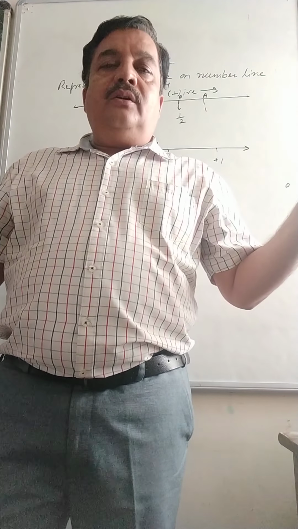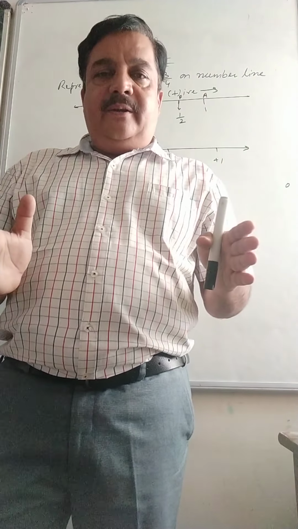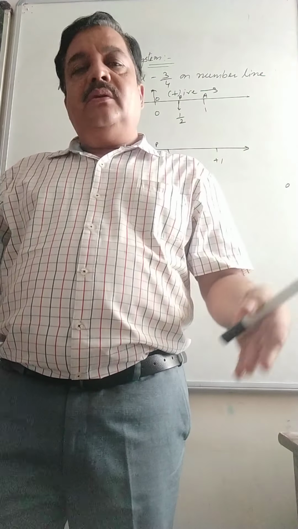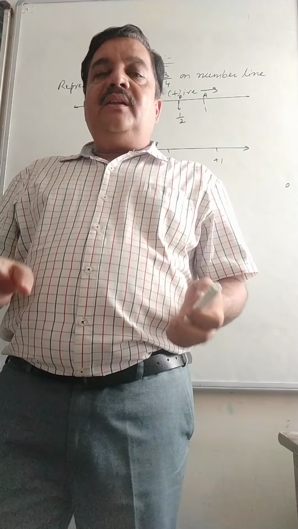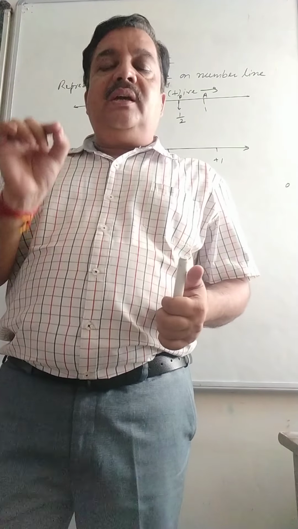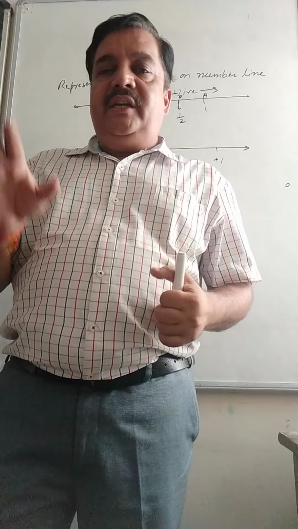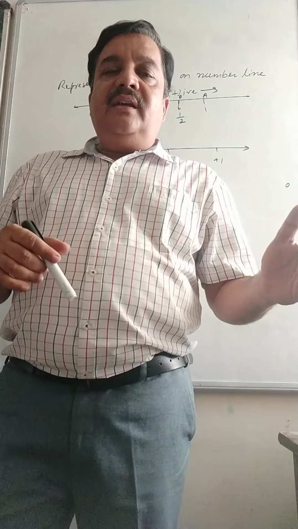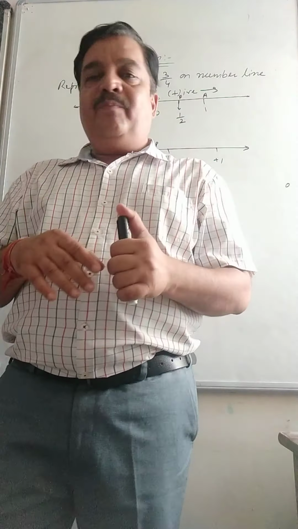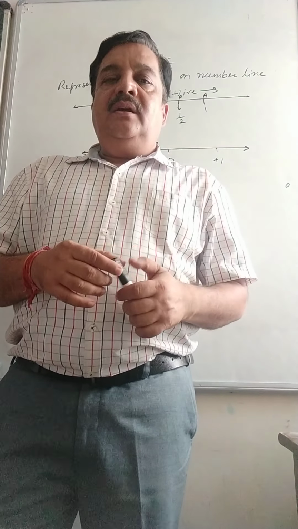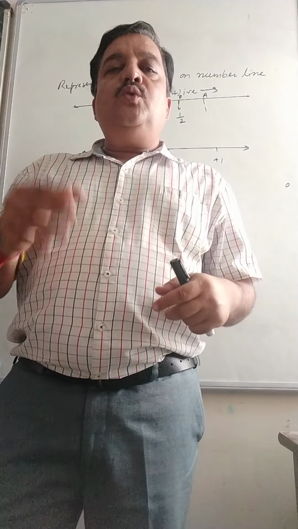All whole numbers can also be written by taking their denominator as 1. So all whole numbers are also rational numbers, and all integers are also rational numbers, because as long as the denominator is not 0, if a number is in the form of P upon Q, where P and Q are integers, then that number will be called a rational number. In the next part, we will learn how to put rational numbers between two given rational numbers.